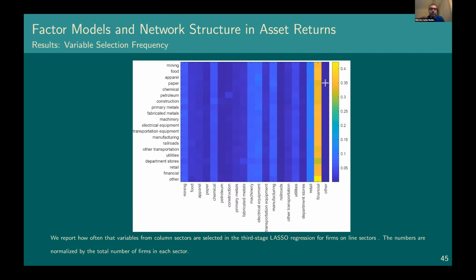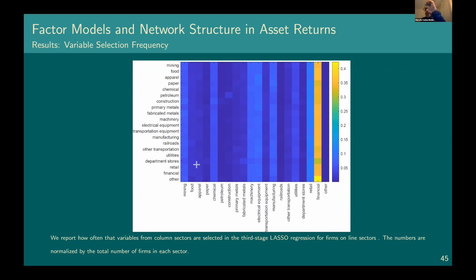So what we did was take the idiosyncratic component for each firm, and run a lasso regression on the idiosyncratic components of all the other firms. Here I'm grouping the number of non-zero coefficients of regressions of the mining sector on the mining sector, food sector, paper, and so on. These are normalized by the number of firms in each sector. So it gives us how much dependence we have of the idiosyncratic in mining on food, and so on. You see that it's almost blue all over the place, and blue means a very small fraction. So there is very little dependence of mining on all the other sectors, and the same for the rest,